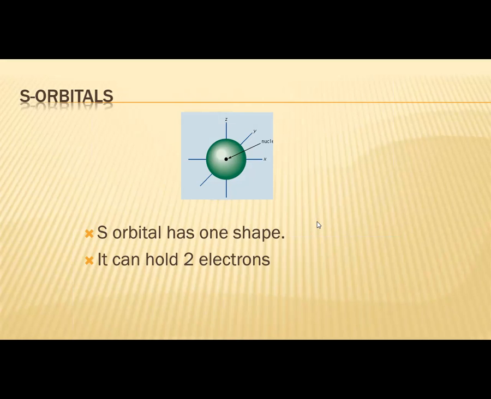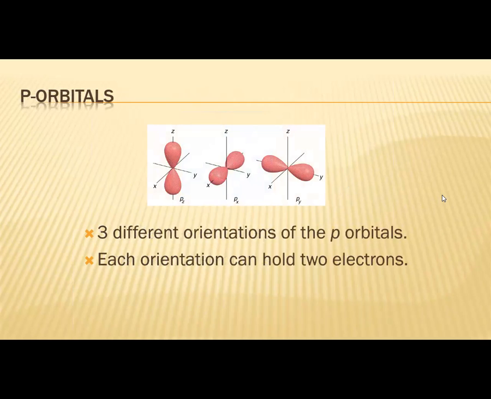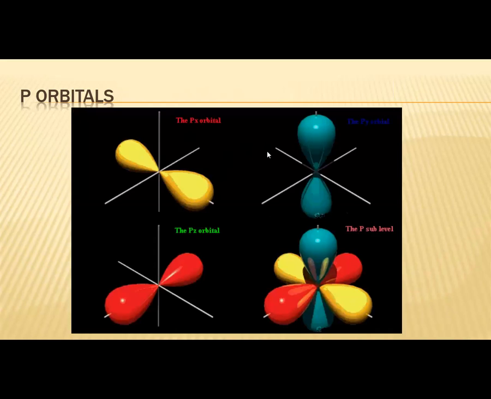holds 2 electrons. The second orbital is the p orbital, and scientists call this the dumbbell. Now, I always think, if that's a dumbbell, how often are these scientists really working out? But it has 3 different orientations along the x-axis, the y-axis, and the z-axis. So each orientation holds 2 electrons. That gives us a total of 6 electrons. So 6 electrons can fill in the p orbital, and those 3 dumbbells overlap and they kind of make this